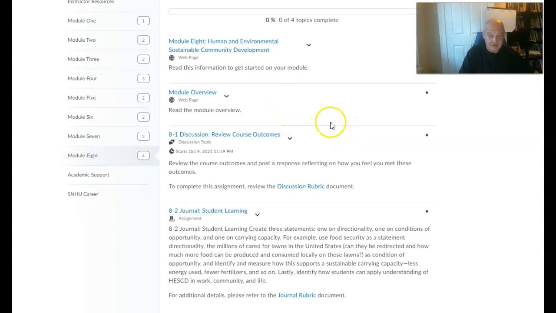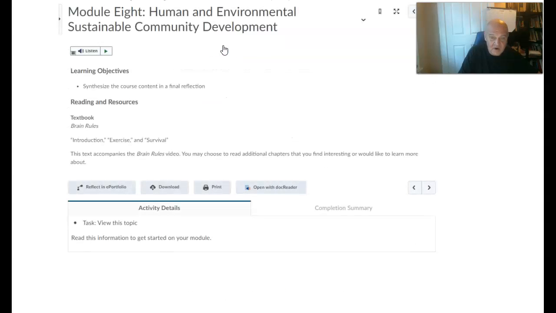You're going to look at course outcomes and then reflect on that, and then look at student learning, okay? So basically here is where you read this text, Brain Rules, this textbook that we looked at, and that's where we bring this last reading in. It's a way for us to kind of unite everything together that we've been working on.